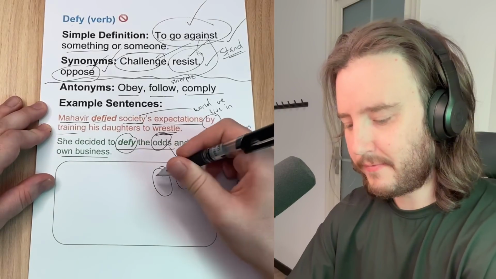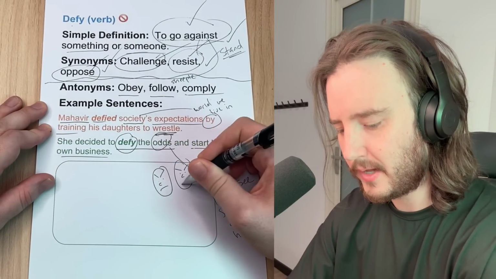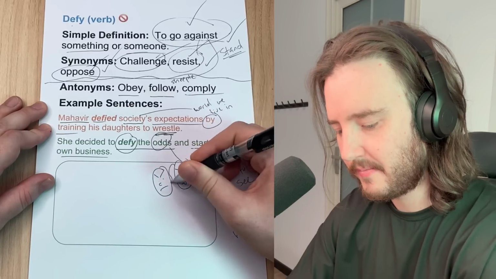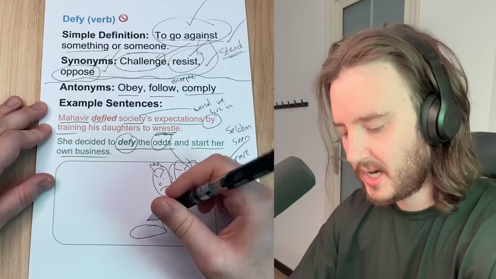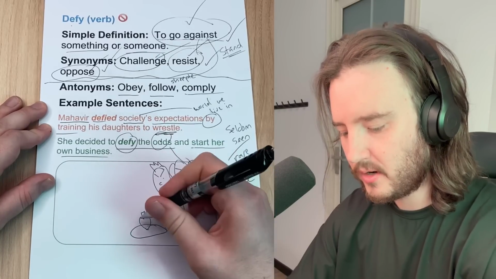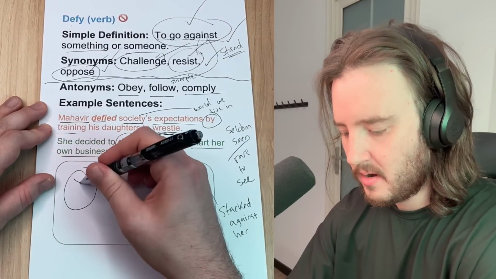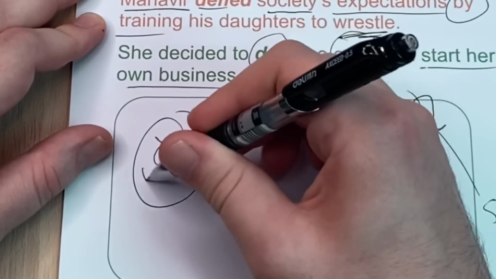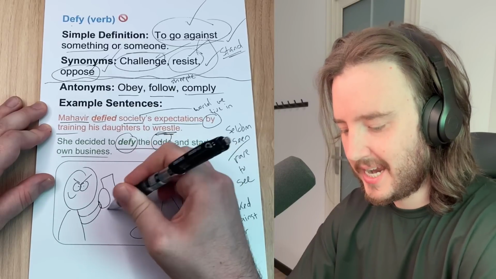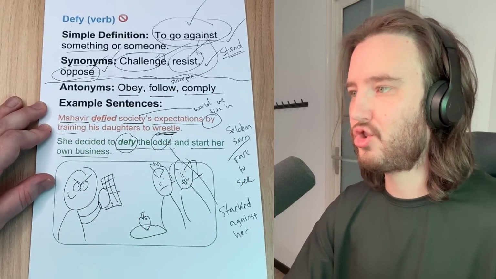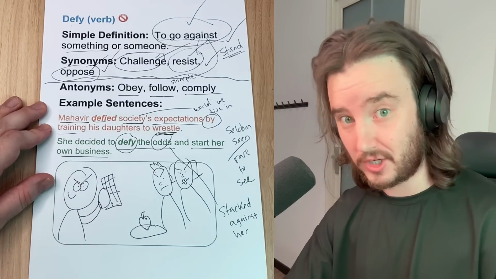Okay, I have kind of a funny idea for a picture here. I'm going to draw a mother and father. Here's the mom, right? Here's the dad. And they really want their kid to eat healthy. So here's an apple on a plate. They want their kid to eat the apple, but the kid does not want to eat the apple. So what he's going to do is he's going to eat a candy bar instead. Look, here's a chocolate bar. He's going to defy his parents' wishes.